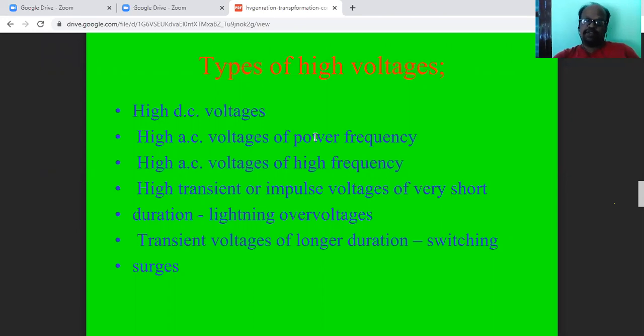Usually almost 95 percent of electric propulsion systems use the second case only. We are not using much high DC voltage in the ship arrangement, so the second and third cases are mainly used. Why do 95 percent of electric propulsion systems use the second one? When we go for high AC voltage at power frequency, which is 50 hertz, if you are able to generate it, by means of a power electronics converter I can convert it to a high frequency. So there is no problem if I am using any power modulator.